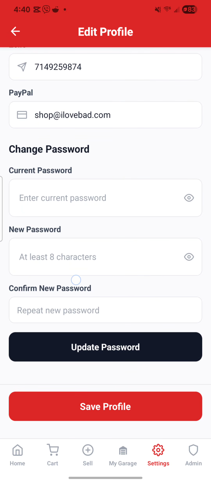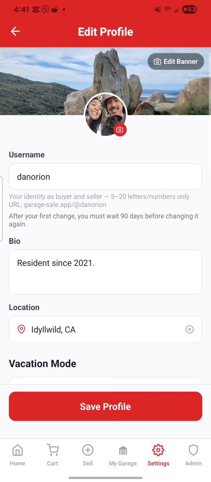The password, you've already entered that prior, so you don't need to touch any of that stuff unless you want to change your password. Okay, so once you do that, you just tap on Save Profile. But before I go there, I want to mention one other thing. Whenever you select your username,